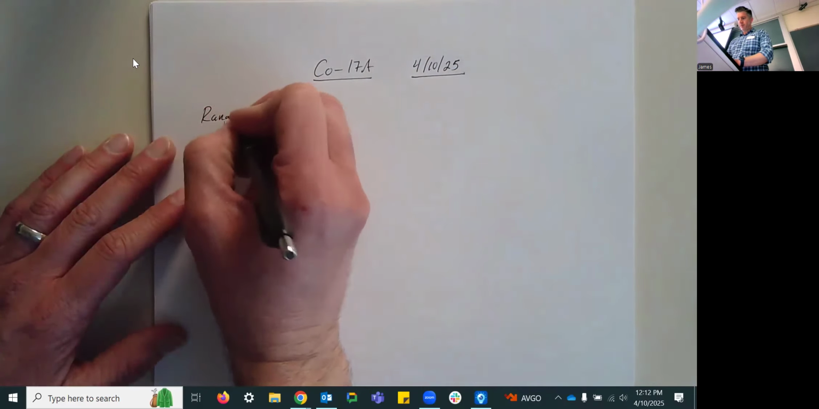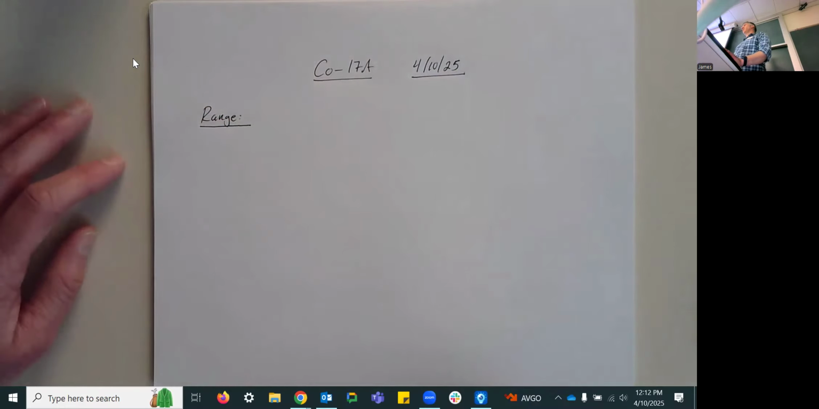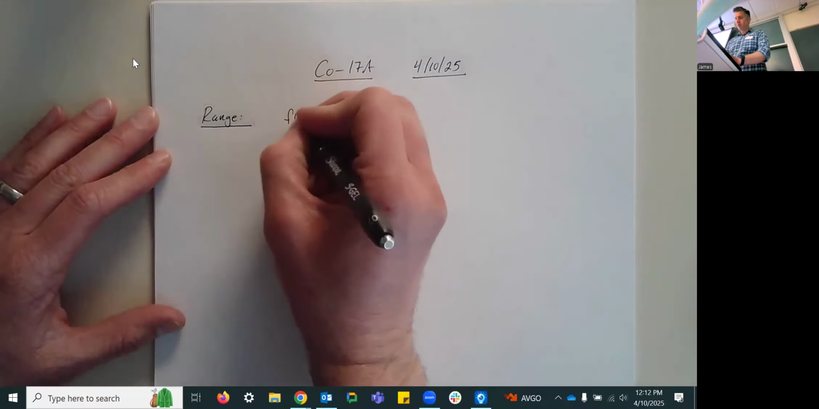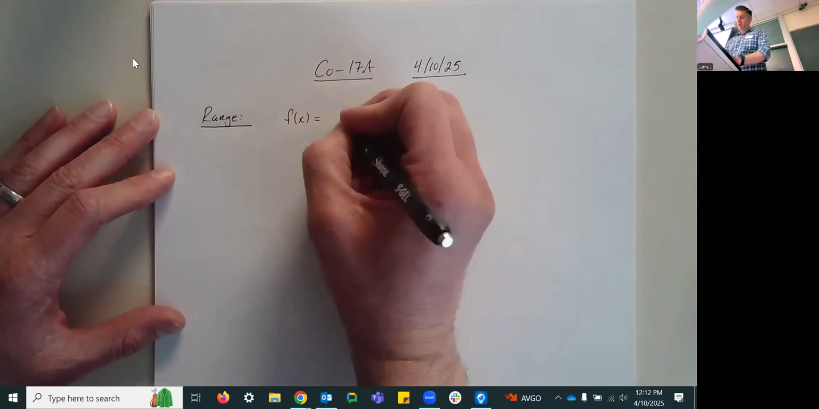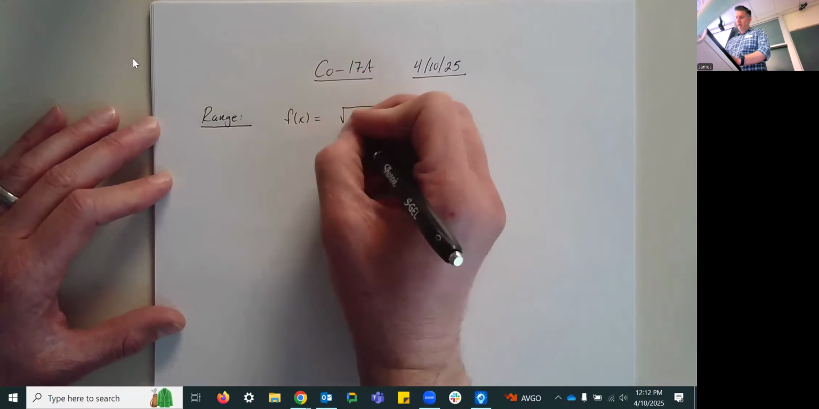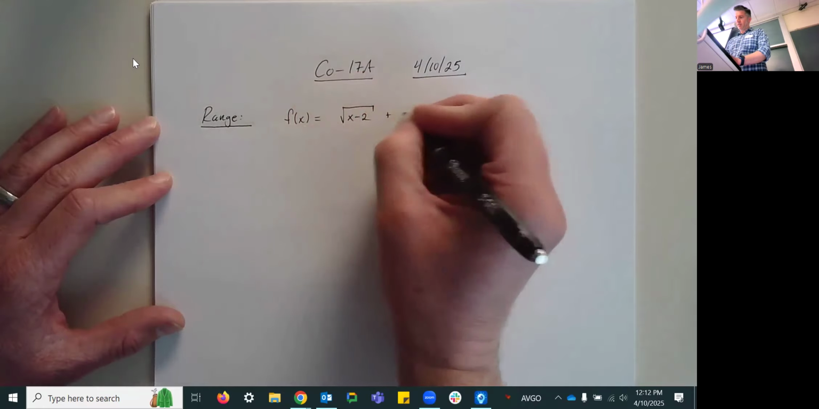Range. So when it comes to finding the range, I would say that there's kind of two wholly distinct methods for finding the range. One method is just graphically. So for example, if my function was something like, I don't know, the square root of x minus 2 plus 3,